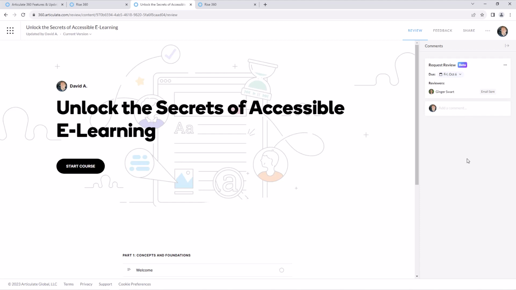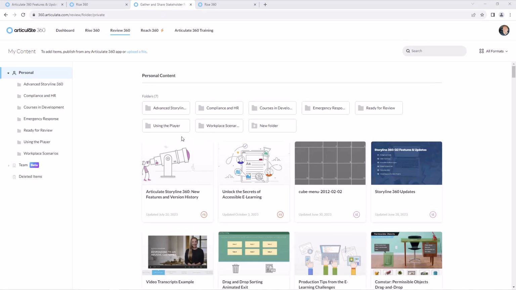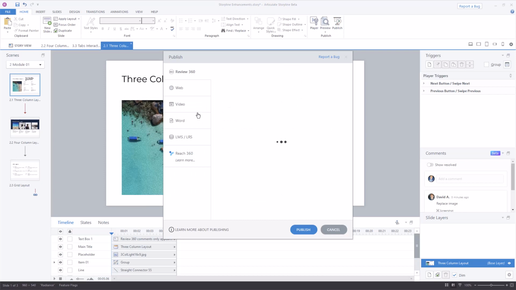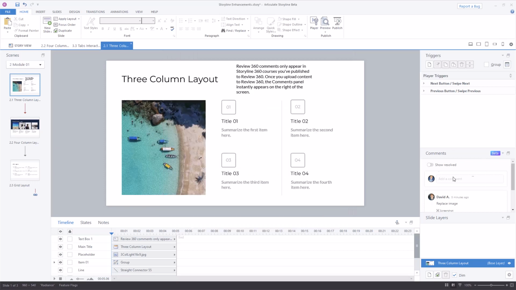Okay, the other item we looked at is the integrated comments. Remember, when you're working in either Storyline or Rise, we'll look at Storyline real quick. In order to make the comments, you'll have to first publish your project to review. So it's just publish, and we need to get that project into review. Once it's published at least once into review, you don't need to publish a new version. Once it's published once, then the integrated comments will appear in Storyline, and those comments are obviously being housed or hosted with Review 360's comments.